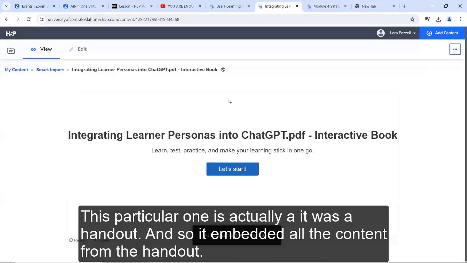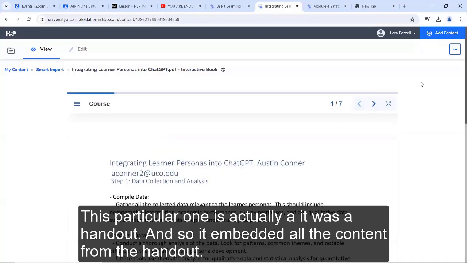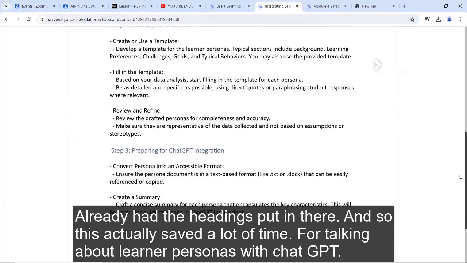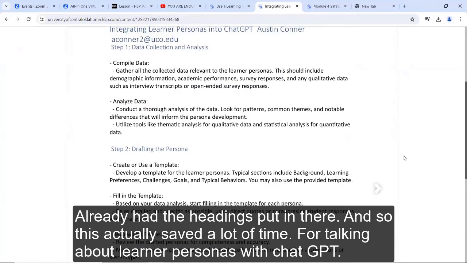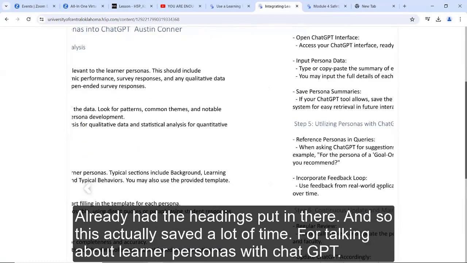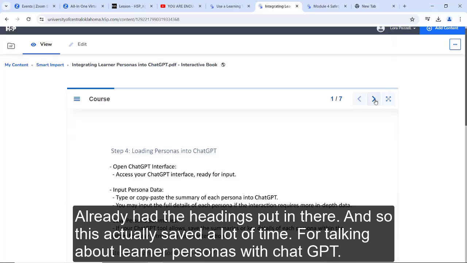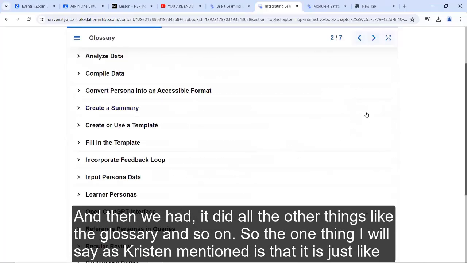This particular one was a handout, and it embedded all the content from the handout. I already had the headings put in there. This saved a lot of time for talking about learner personas with ChatGPT. And then it did all the other things like the glossary and so on.